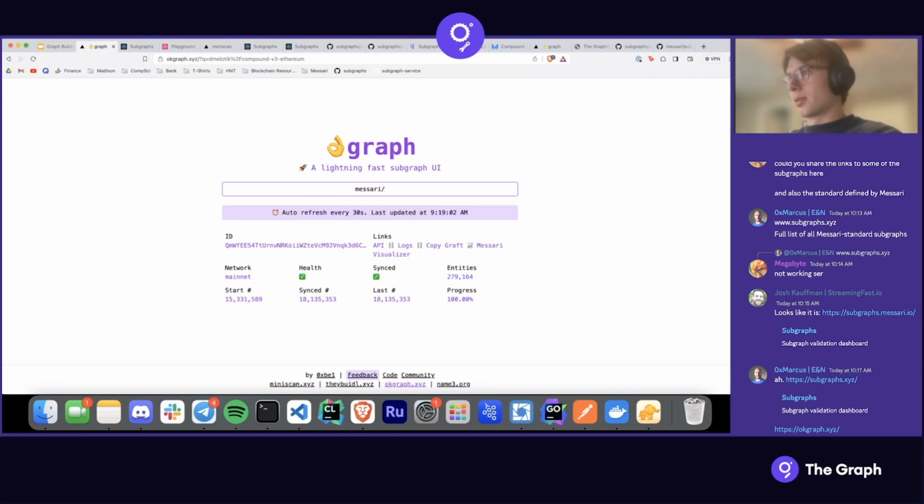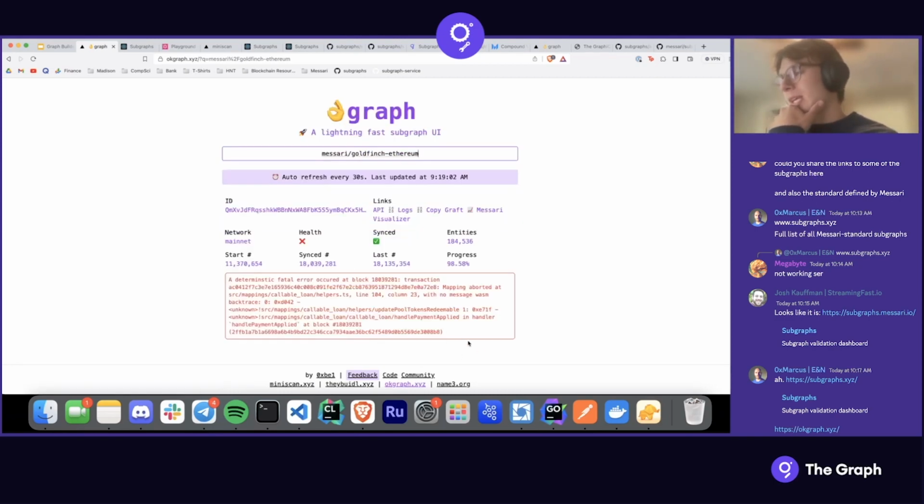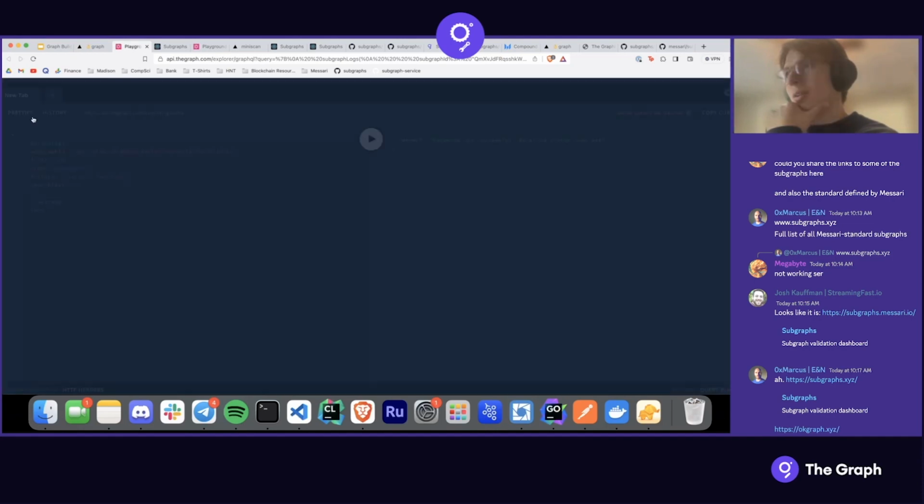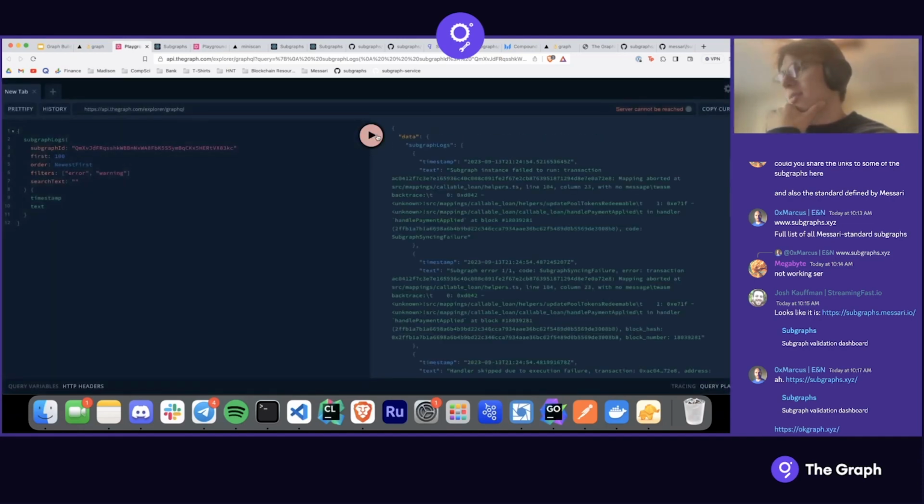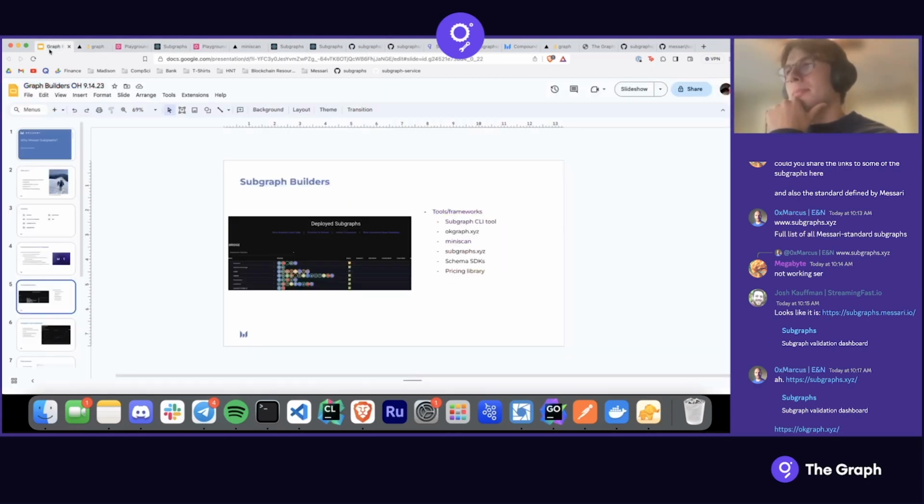I had a broken subgraph loaded here just to show. It's nice as well, when you're trying to quickly look at your subgraphs, to come here and just see the error that's occurring and then jump into the logs and get a more detailed look. So going back here, talking about viewing deployed subgraphs, but then on the deployment level,